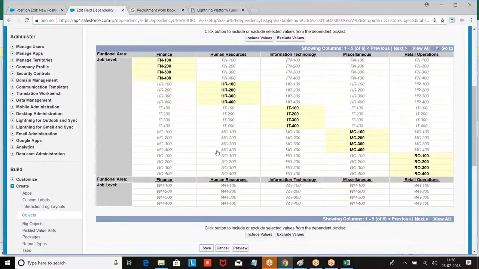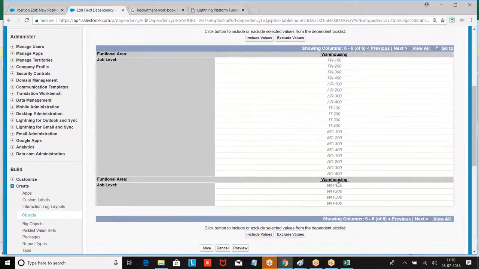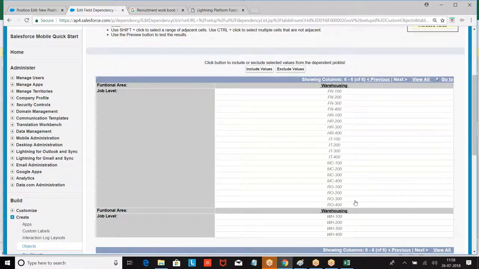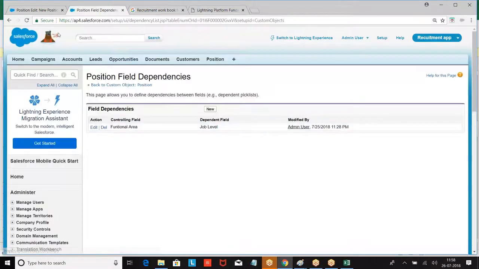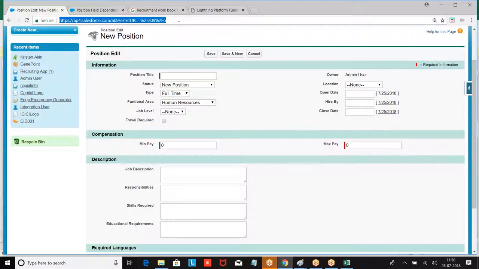Any other thing missing? Finance, human resource. Then view all. One minute. Next, warehouse. Then see. Now go to the position object, refresh the screen.